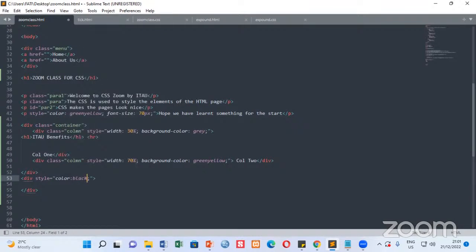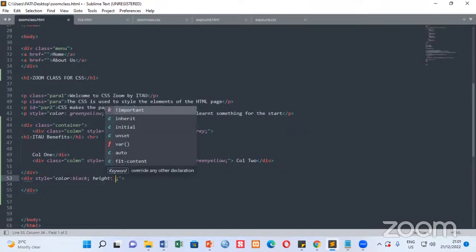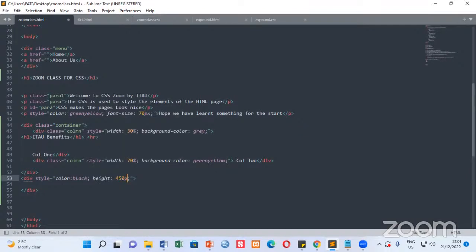Then height, I'm giving it 450 px. Then with a div, now you can put here the content that you want. You divide the content of the page using the div tag. So if we run this,